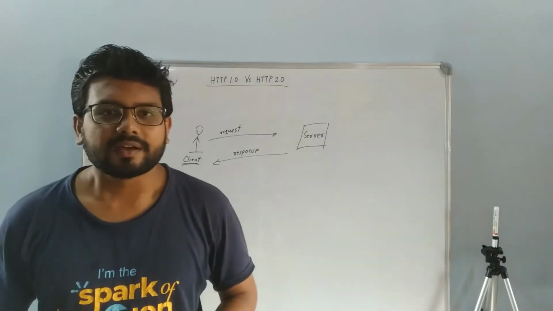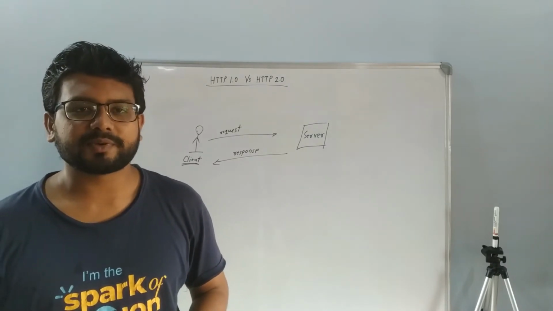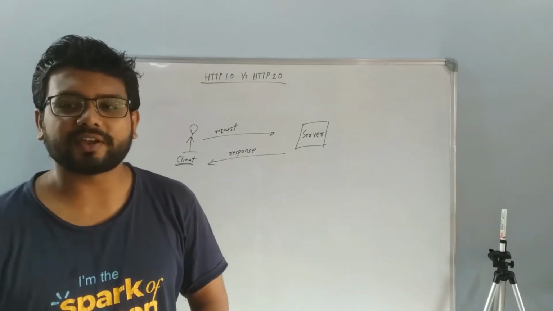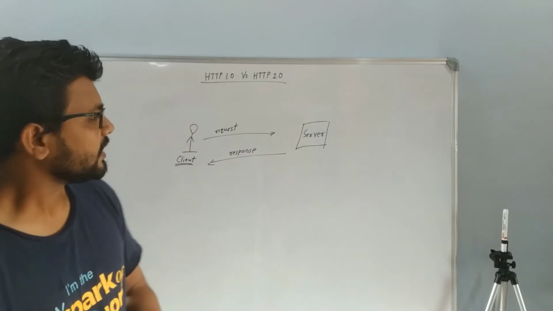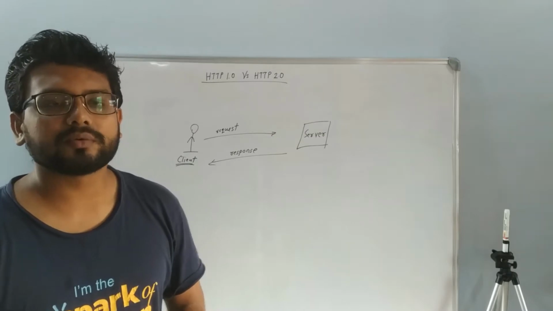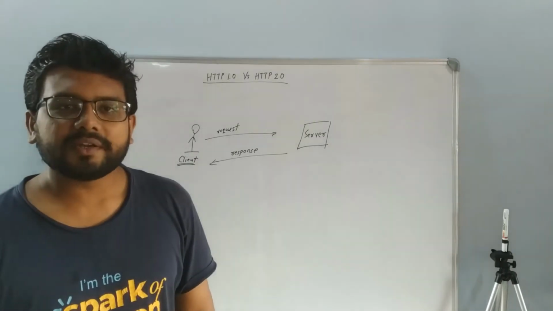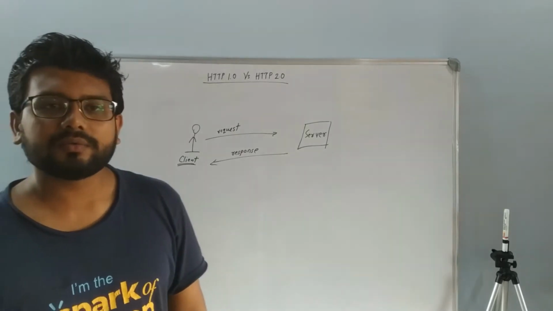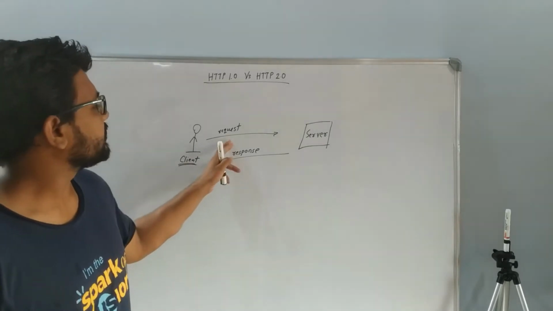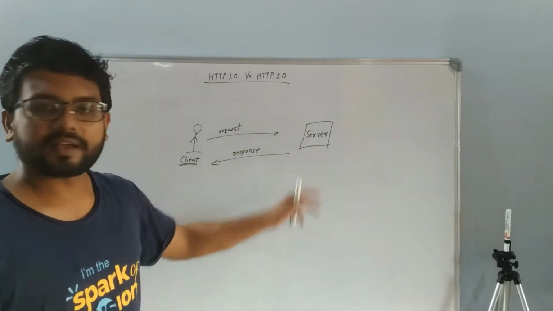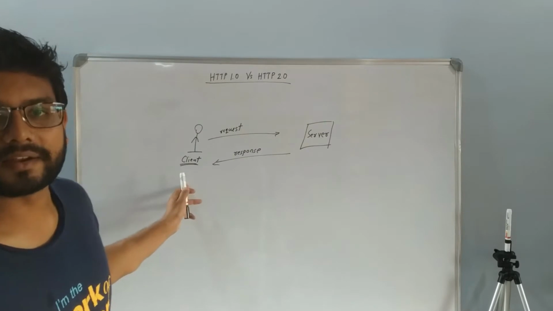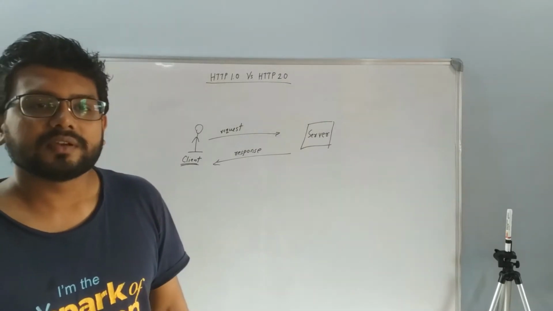In our curriculum, we have learned how data transfers between client and server, how handshaking happens, and what the different components of the HTTP header and HTTP request are. That we already know. But what we have never seen is HTTP 2.0. So let me tell you, in short, how the communication between the server and client happens. The client first sends a request to the server, the server acknowledges the request, and then the server responds back to the client, and all this communication happens using the HTTP protocol.